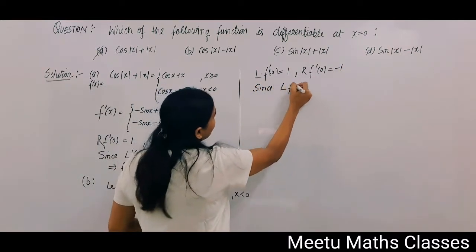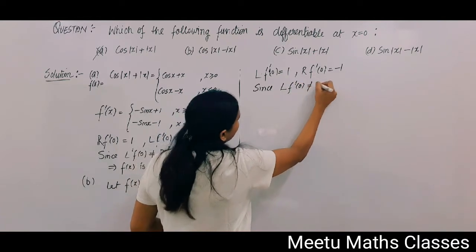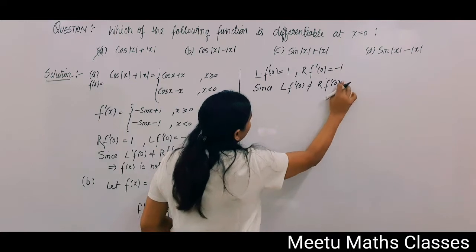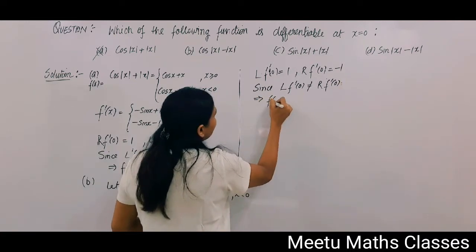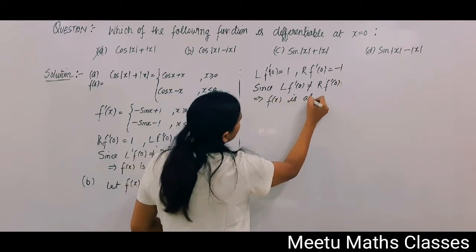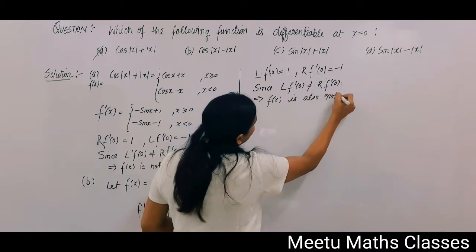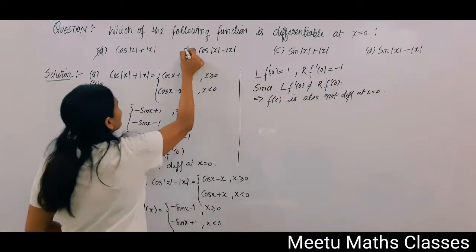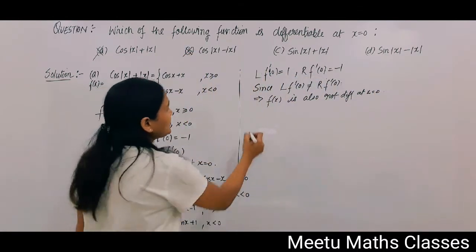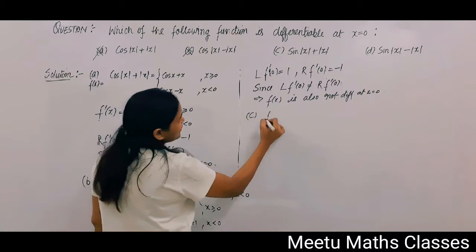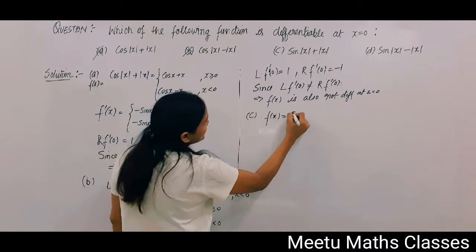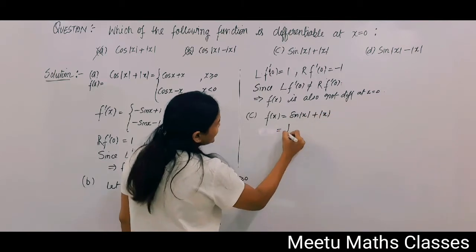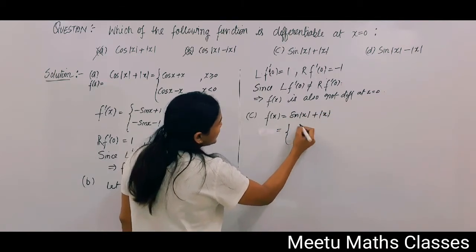Since left hand derivative and right hand derivative are unequal, therefore your f(x) in the second case is also not differentiable at x equals 0. So this is also not differentiable. Now consider C part. Your f(x) is sine of modulus x plus modulus x, which can be written as: